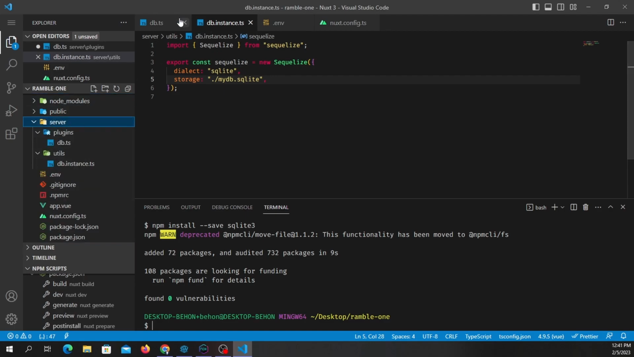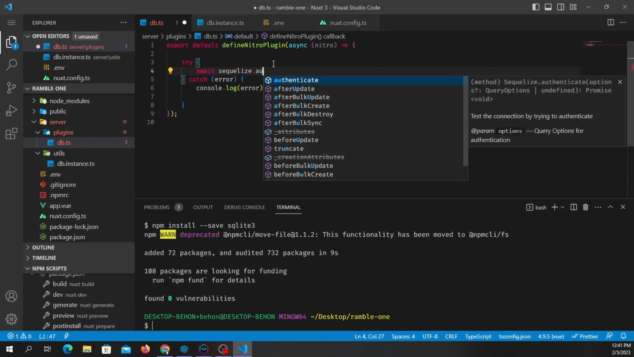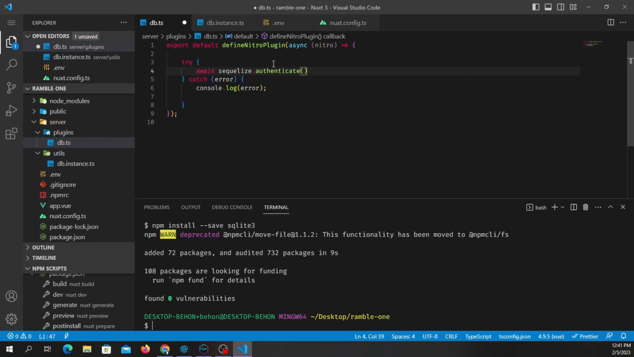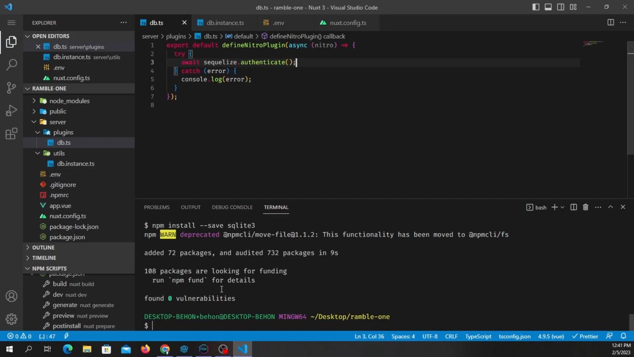So back to this thing, we can say sequelize.authenticate. And this is just going to send a select command to your database to see if we can actually send commands back and forth. So if I save this and run the app,